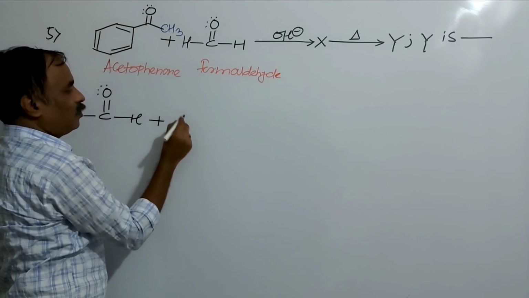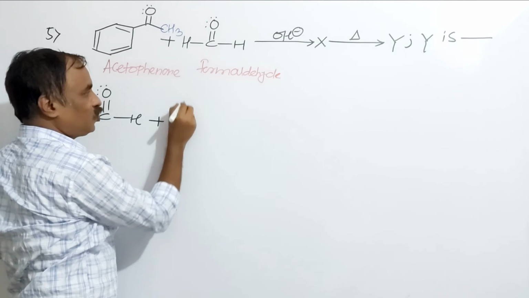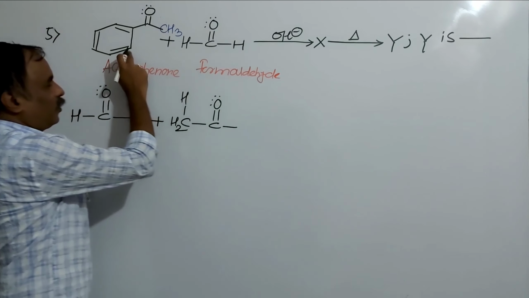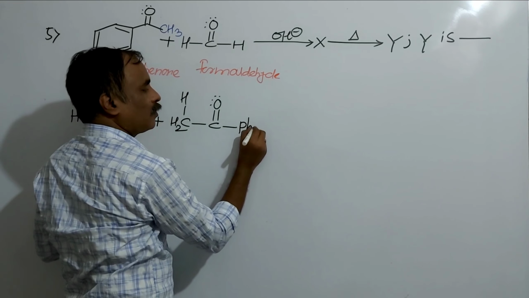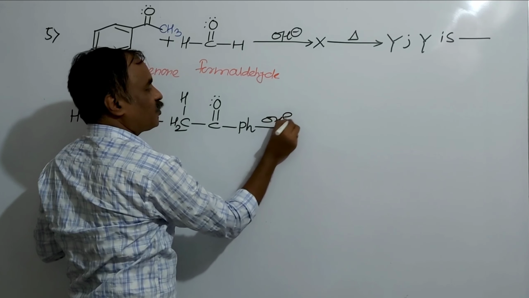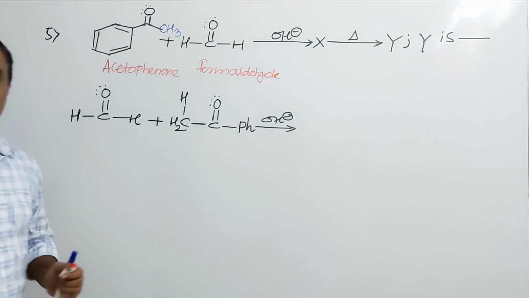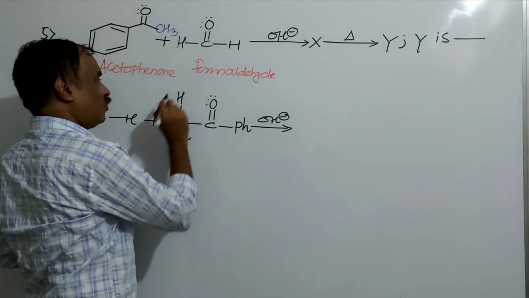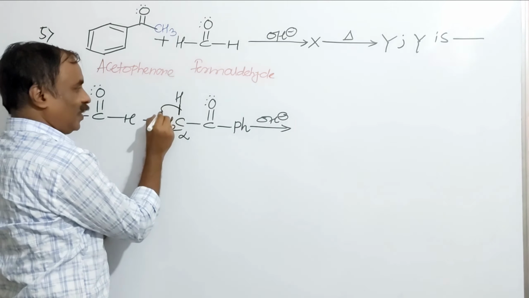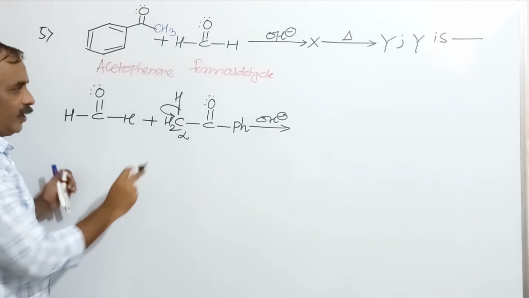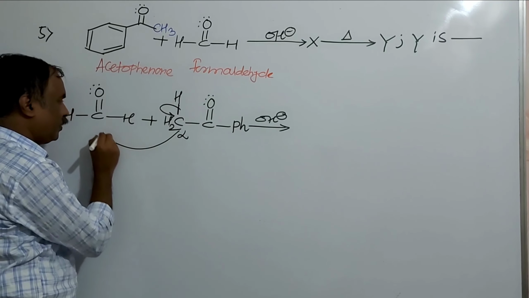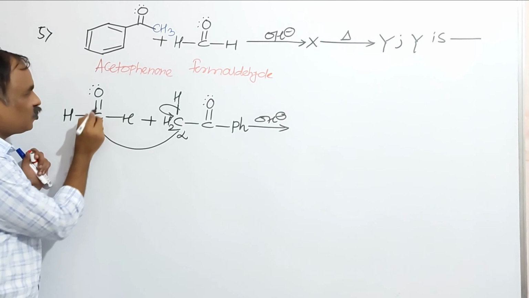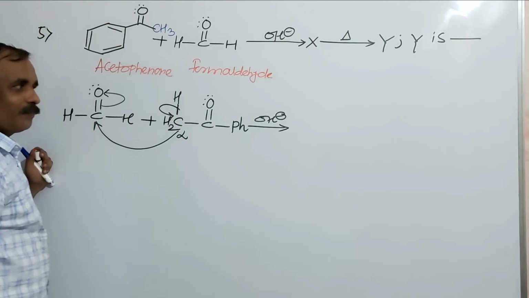And acetophenone. So here for CH3 we can write CH2 and one hydrogen separately. Here it is C double bond O, and for this we can write Ph. A reaction with base. Mechanism very simple as usual. Here this is alpha carbon. Abstraction of this alpha hydrogen, and breaking of this bond and shifting of electrons like this. And here formation of carbanion, so attack of the same carbanion here, and formation of a new carbon-carbon single bond. This carbon will be pentavalent, so breaking the pi bond and shifting of electrons like this.